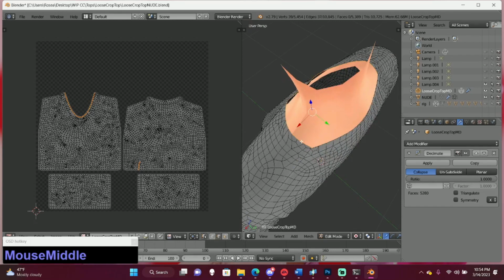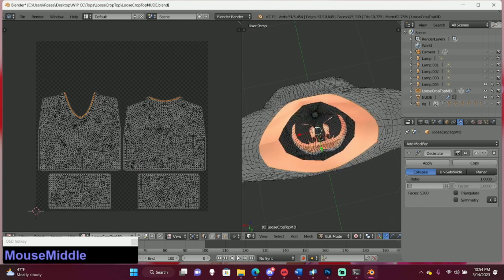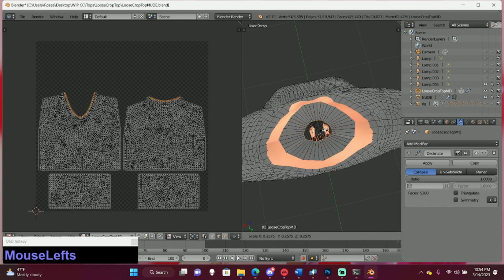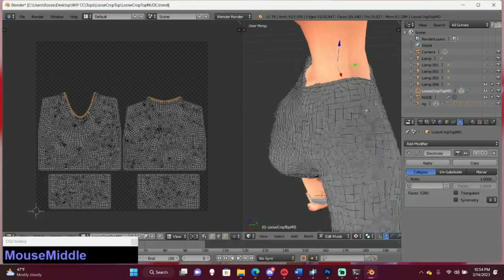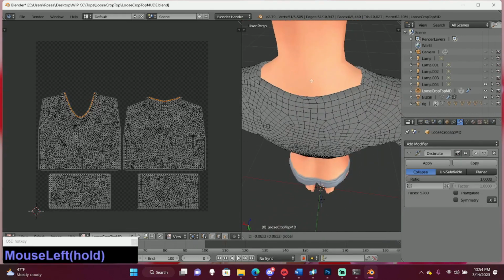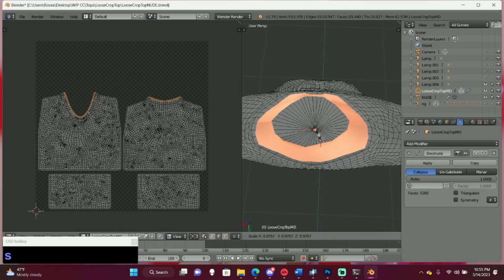And we're just in edge select, holding Alt, and then left clicking, and E, click S. And then for the collars, I always like to bring it down a little.